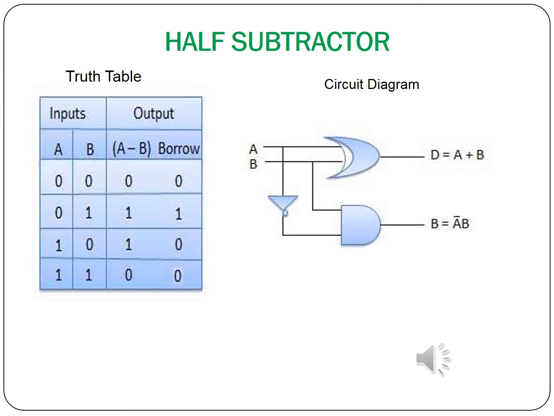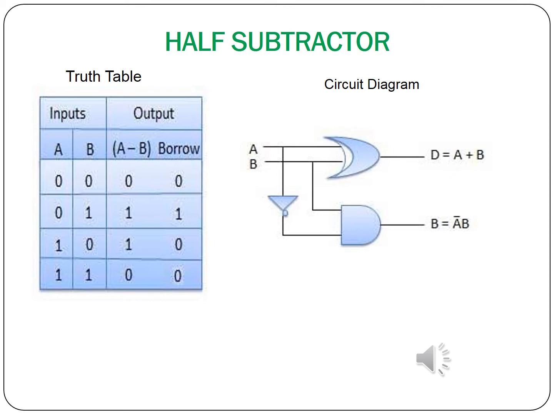So 2 power 2, where 2 is the binary base and 2 is the number of inputs given to the half subtractor. The two bits are binary digits, either 0 or 1. So four possible combinations of input are given to the half subtractor logic circuit: 0 0, 0 1, 1 0, and 1 1.